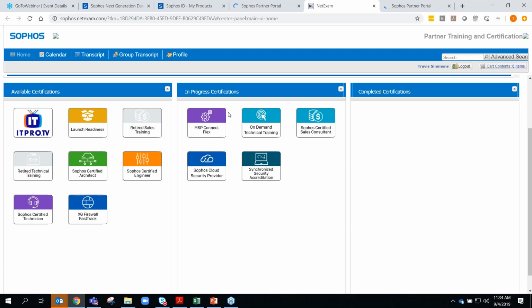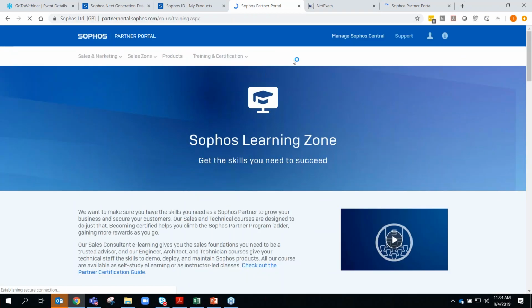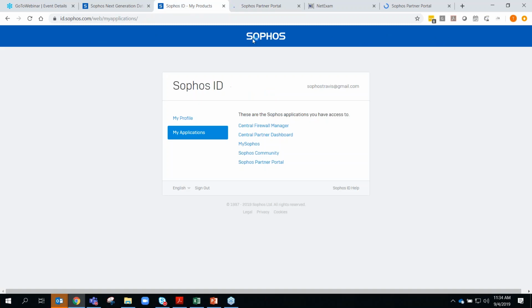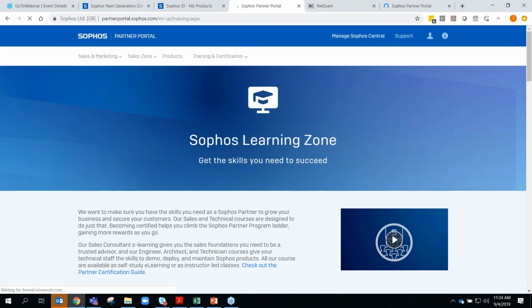Okay, so maybe while you're doing that, or maybe after you do that, it's always a good time to jump right into your dashboard and see what things are and what tools are in there. So we can go right from the partner portal to manage Sophos Central to get there. We could go back to our Sophos ID section here where it's at id.sophos.com. But right there in the partner portal, as mentioned, manage Sophos Central will take you to the same place. And then, of course, we're going to have